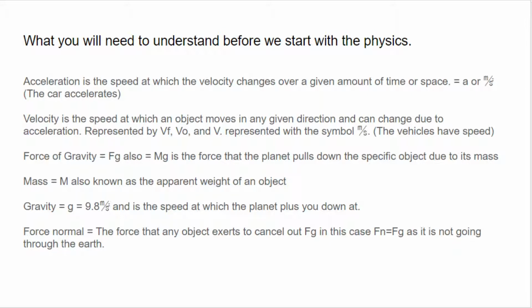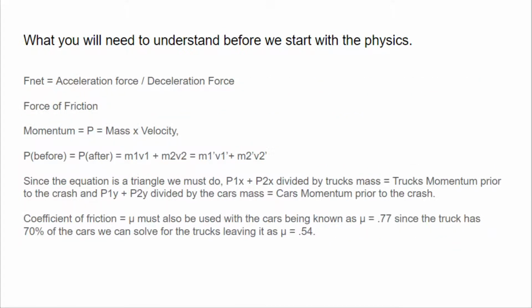Gravity, which is negative 9.8 meters per second squared. And force normal, which is a force that any object exerts to cancel out Fg so it doesn't go through the earth. What we'll need to understand continued will be the F net, which is the acceleration force or deceleration force, the force of friction, momentum, which is equal to the mass times velocity, and momentum before will equal the